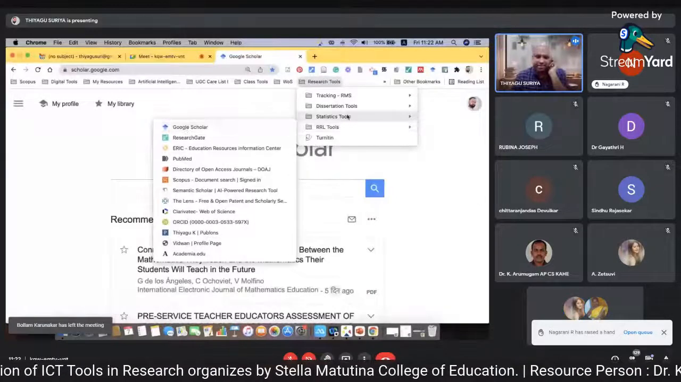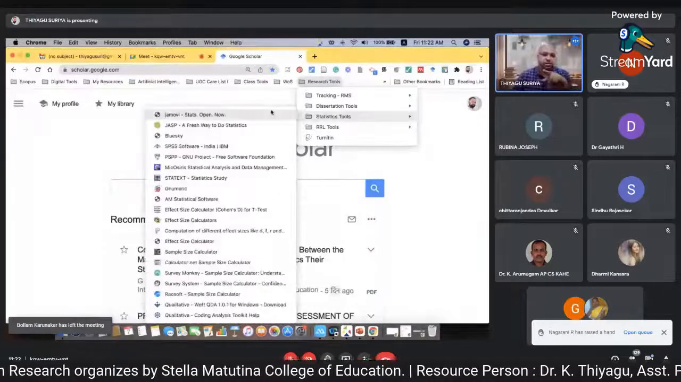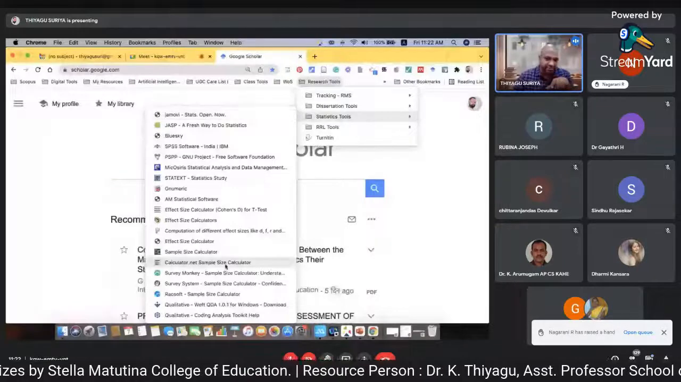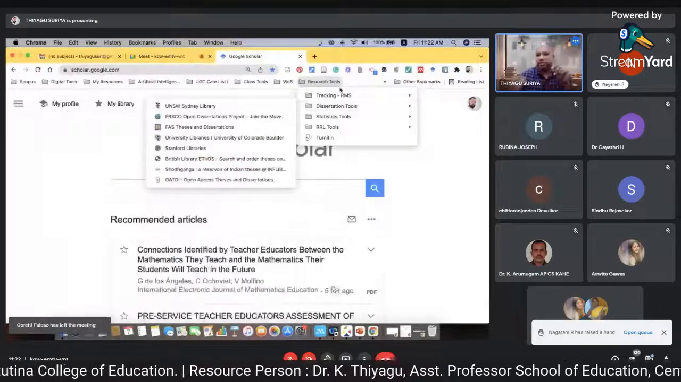This is for the statistics tools, online statistics tools. This is for the dissertation tools. This is for tracking RMS. Therefore, my suggestion,